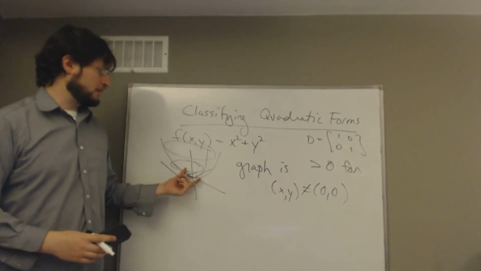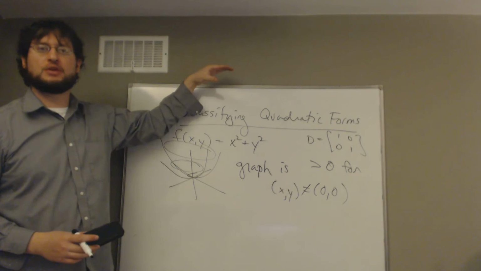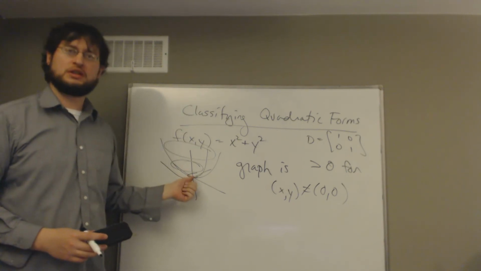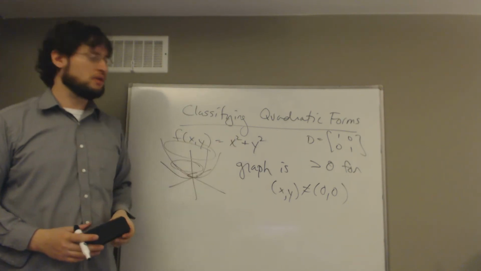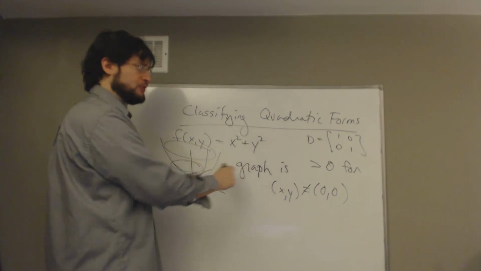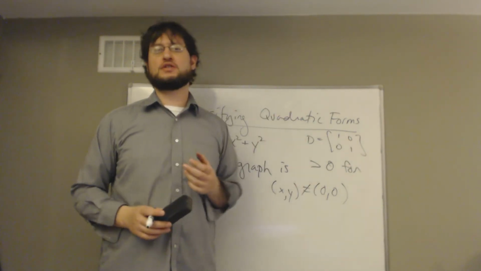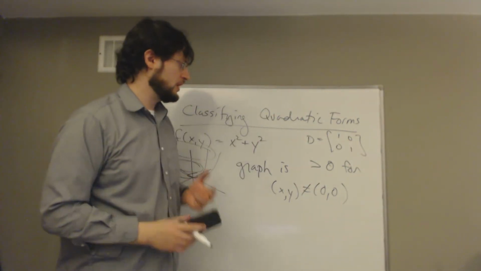So that's what we've got here, right? The value of this function is positive everywhere except for right at the origin, where the value of this function is 0. And when that's the case, if I would take my quadratic form and graph it, thinking about it as a function of several variables,